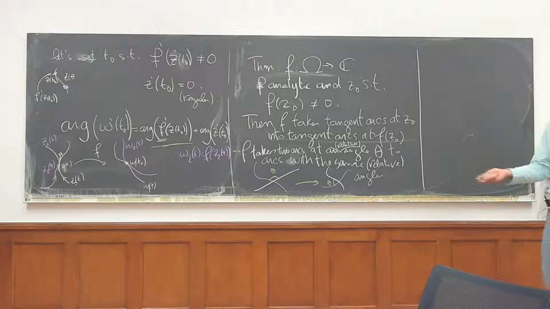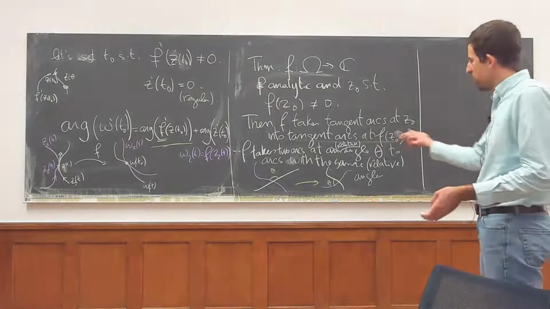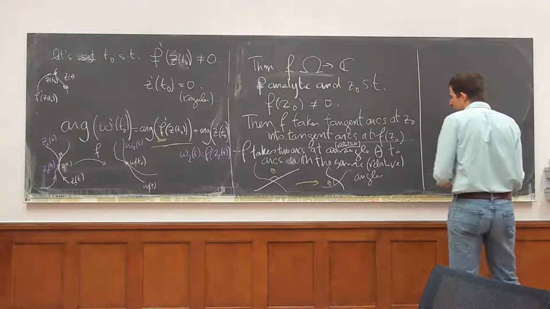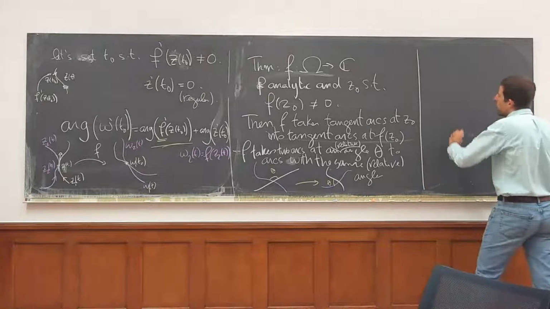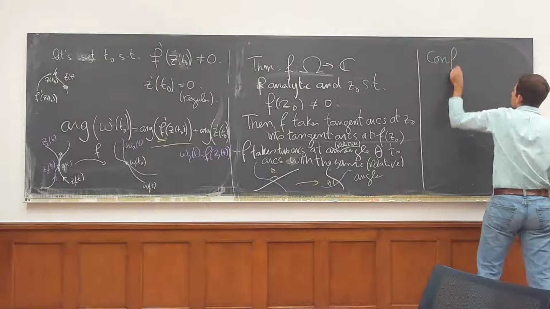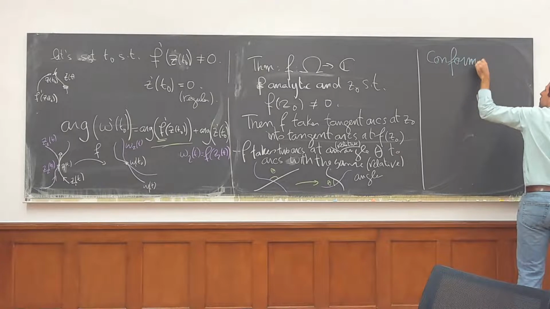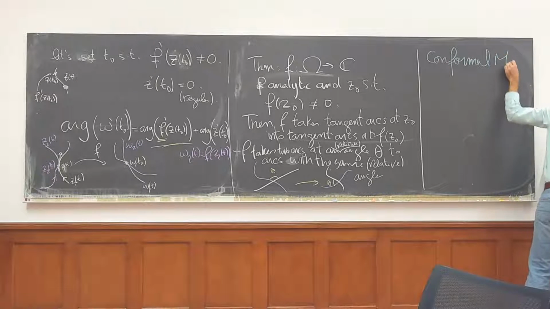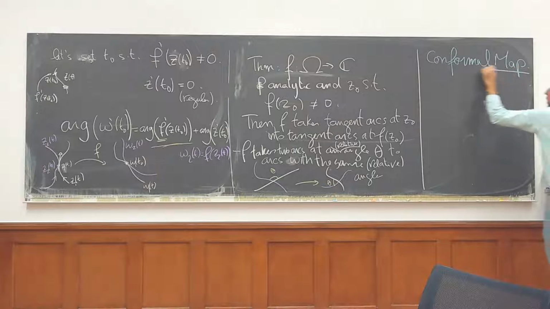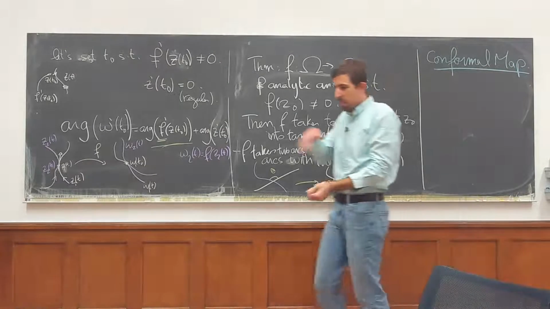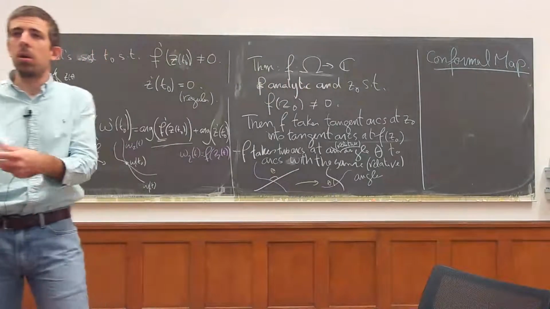Okay, so this we call a conformal mapping. So maps that keep the angles. Maps of the plane that keep the angles. So this we call a conformal map. So a conformal map is a map from the plane to the plane, or